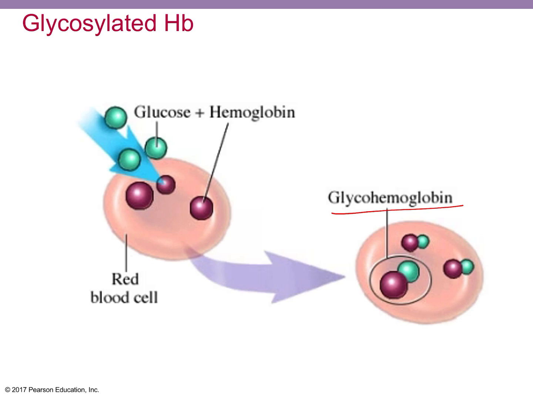Now, a glycosylated form of hemoglobin is actually detectable with a simple blood draw, right? So this is a protein that's not complicated. We can take it out of the body. We can check to see if there's glycosylation. So this glycohemoglobin is called HbA1c. And since your red blood cells last in your body for about 60 days, right?